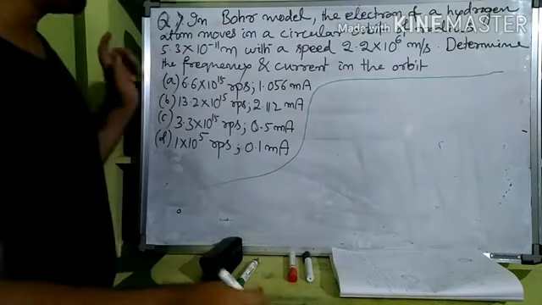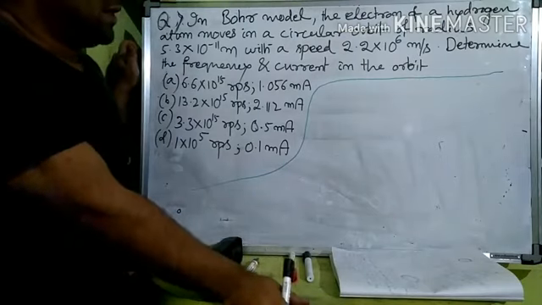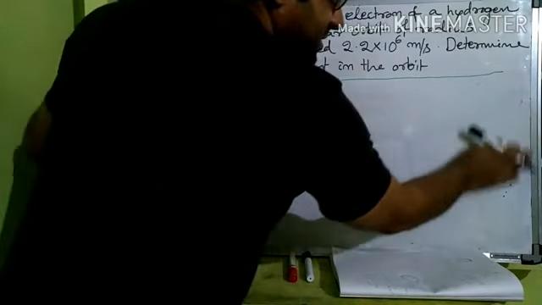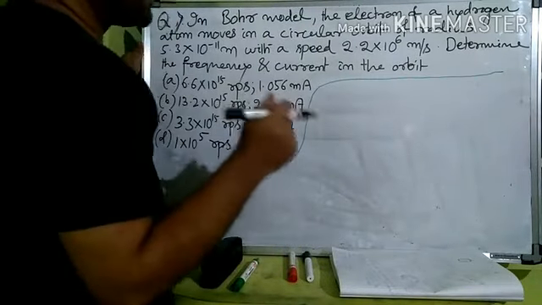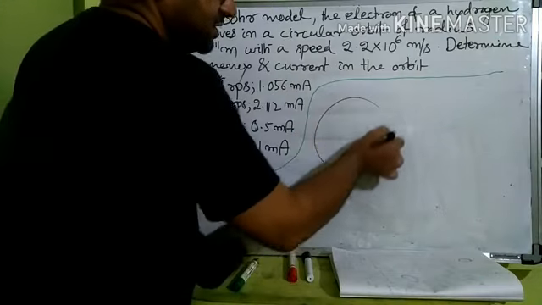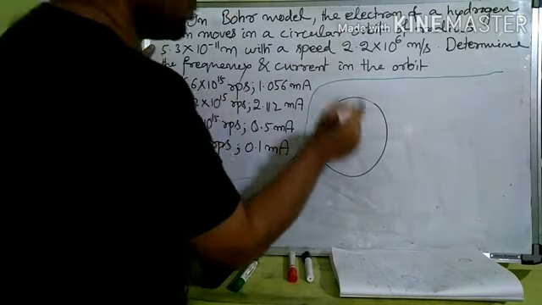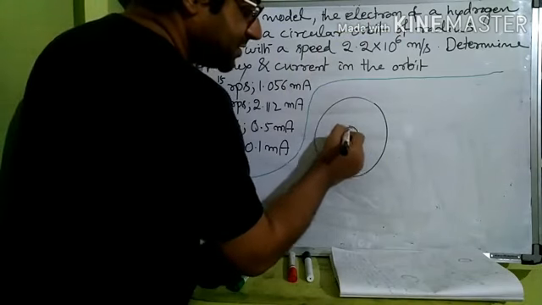Now let us take up this question where it asks about the Bohr model. Now see, the details of the Bohr model we will study in the atom and nucleus chapter this year only. But here this much knowledge is enough: the Bohr model is for hydrogen. In the Bohr model, the electron moves around the hydrogen atom. At the center of the hydrogen atom there is one proton.